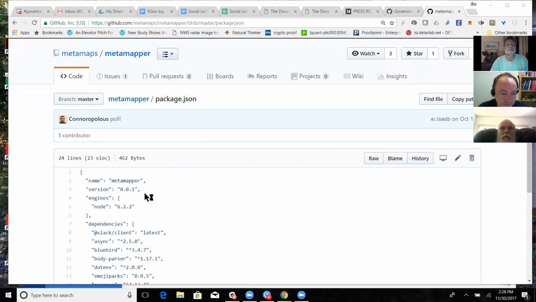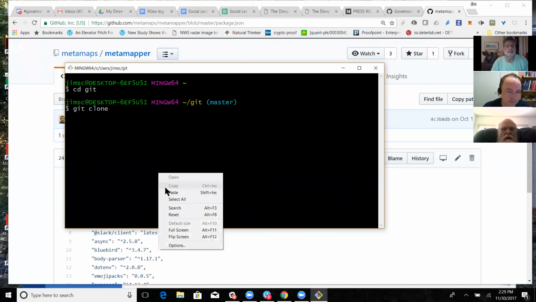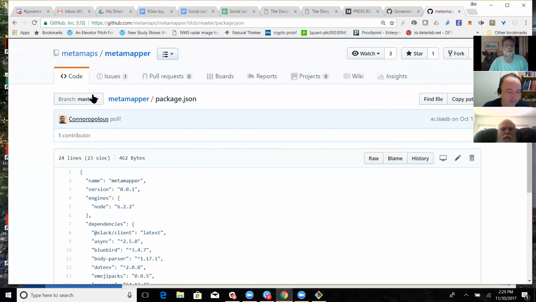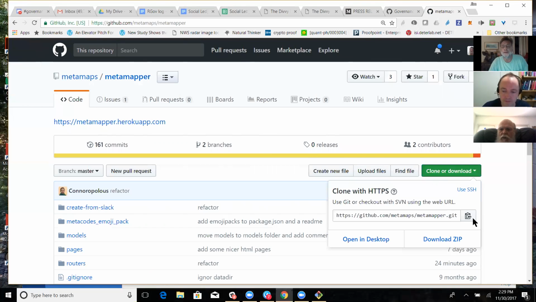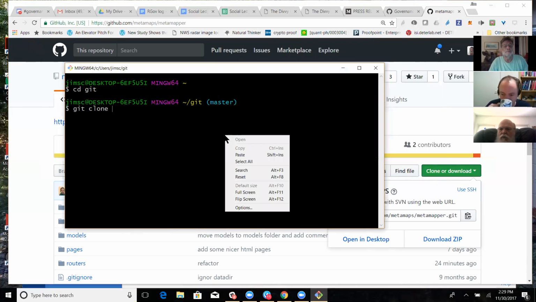So just go into git bash here. cd git. And then I just do a git clone, and I paste in the address. Whoops, what do I do? Copy path, find file, metamapper. I go back to metamapper, and I hit clone or download, and I copy the address, and then I paste in the address,